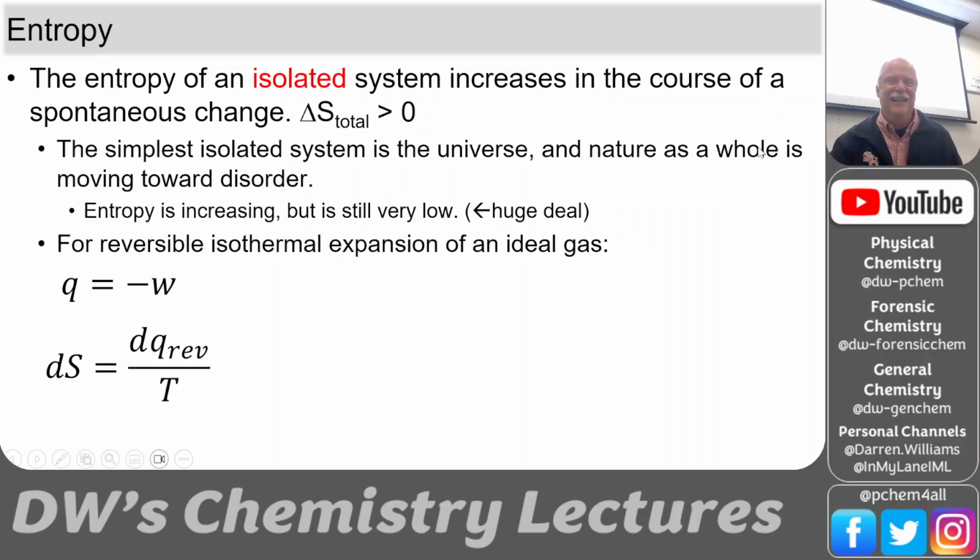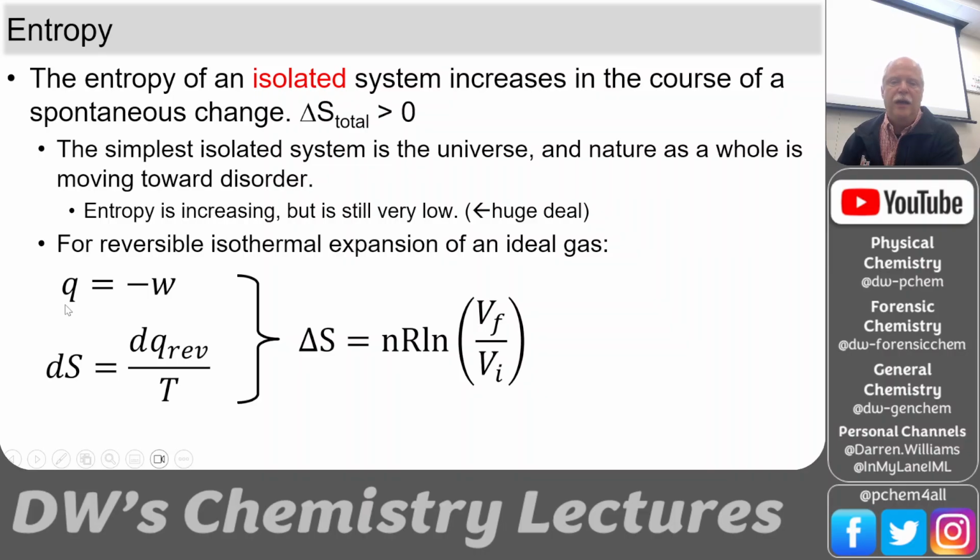air? Yeah. And so if this is for reversible isothermal expansion of a gas, we can sort of define entropy. And here we can calculate the change in entropy as a function of this by knowing the final volume and the initial volume and so on. Notice temperature's disappeared because it's the change in heat over the temperature. So we canceled out the temperature. So that's the entropy change.